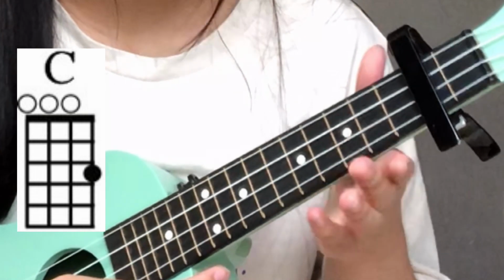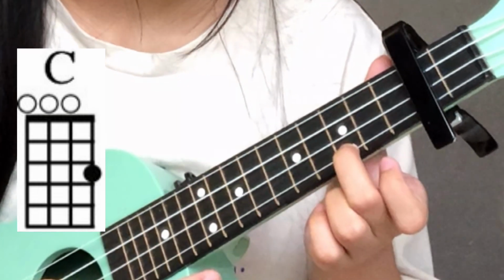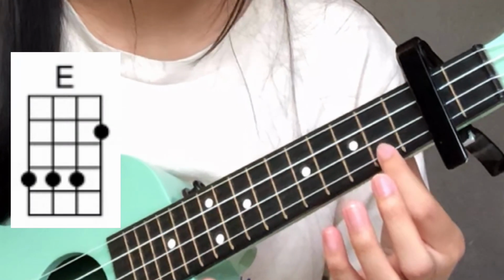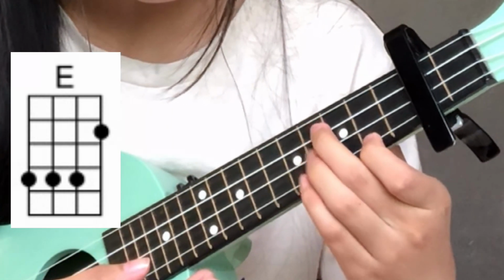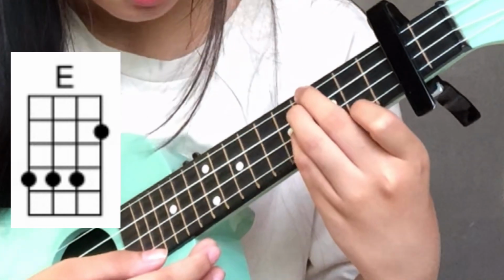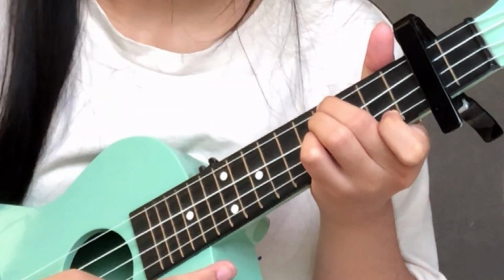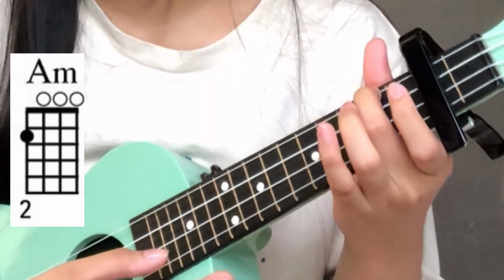So starting off with C, which is just your middle finger on the 1st string, 3rd fret. Next is E, which is a little tricky. You put your index finger on the 1st string, 2nd fret, your middle finger on the 4th string, 4th fret, your 3rd finger on the 3rd string, 4th fret, and your pinky on the 2nd string, 4th fret. Next is A minor, which is just your middle finger on the 4th string, 2nd fret,